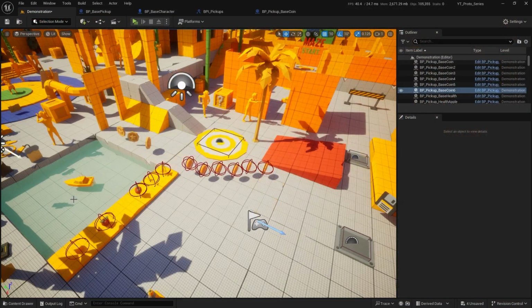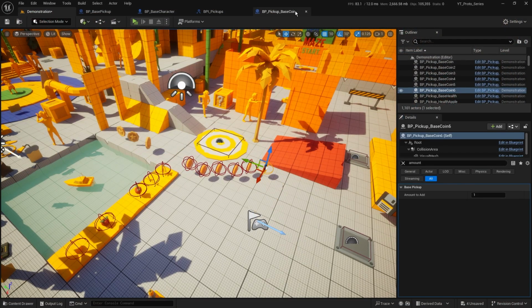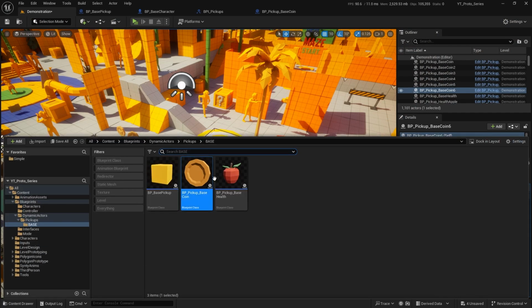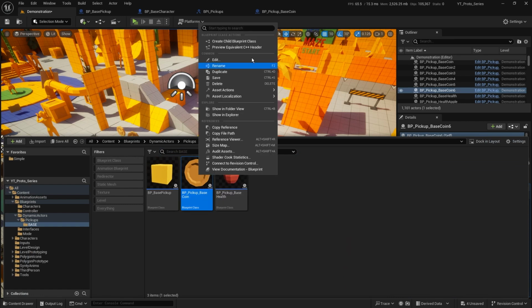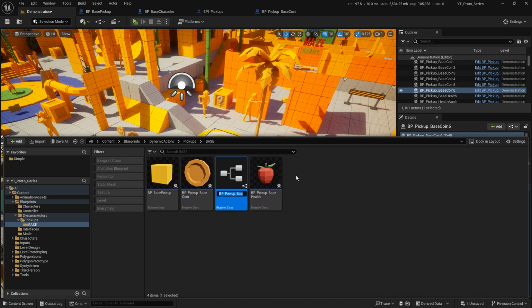Okay, now last little thing that we're going to do here is very similar to what we did with the health pickup. I've got one single coin, and the coin works, yeah? But what about if I wanted to have variations of this? So here, I'm going to now create a child of this, and this one's going to be pickup underscore single coin. And I'm just going to take that single coin, and I'm just going to put it into my base